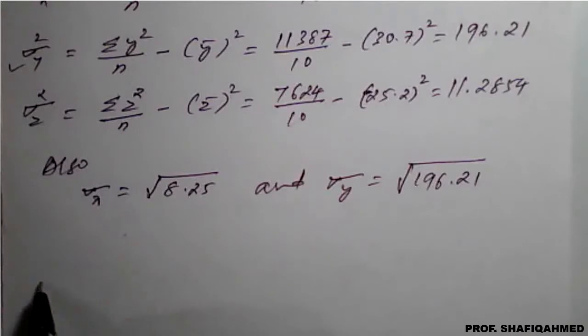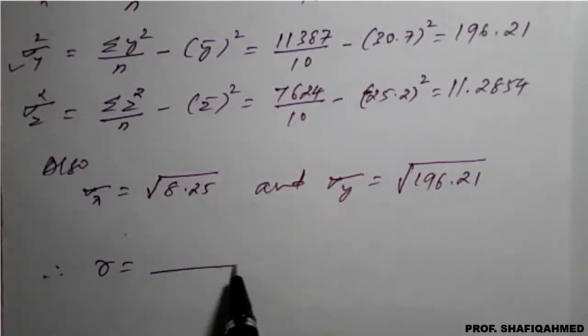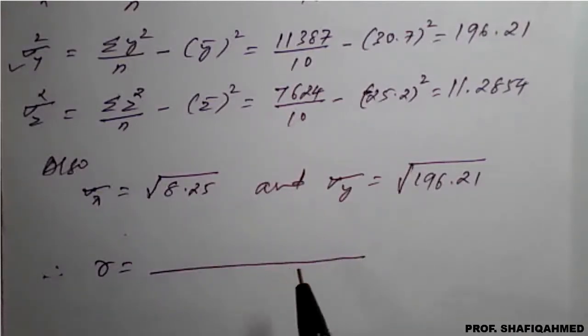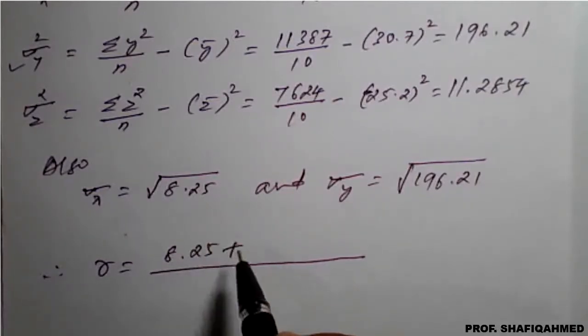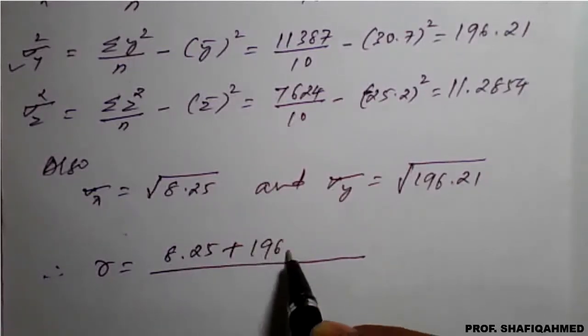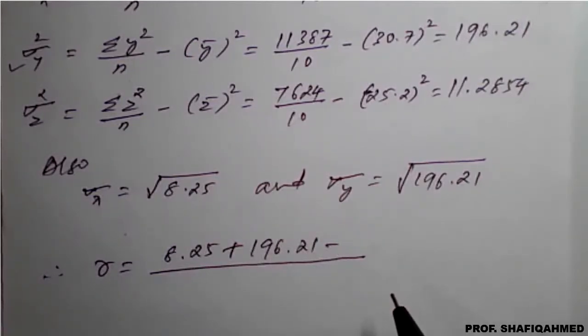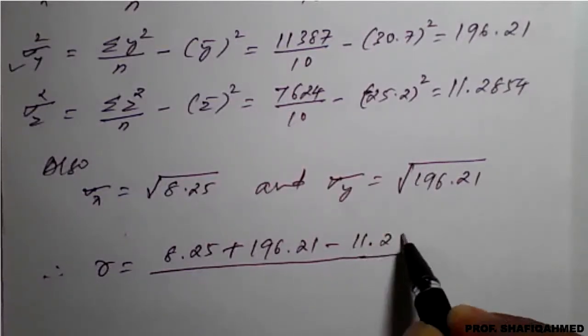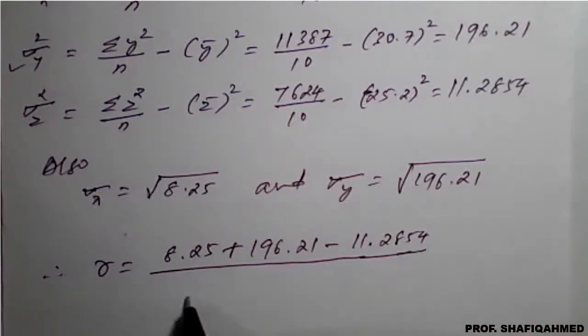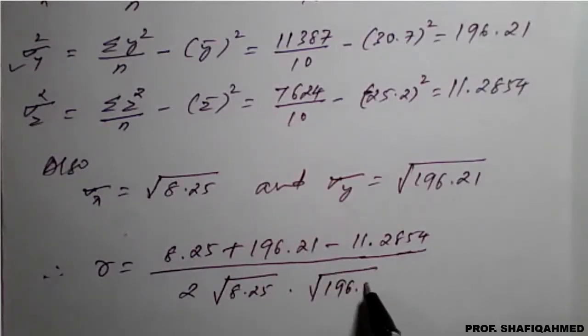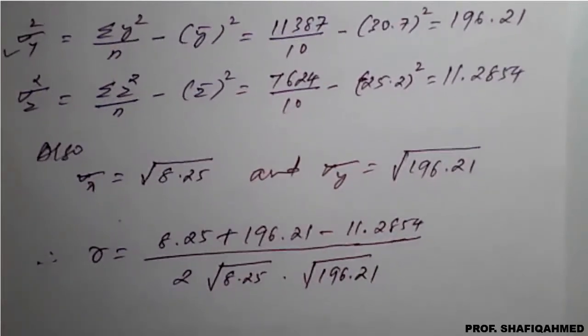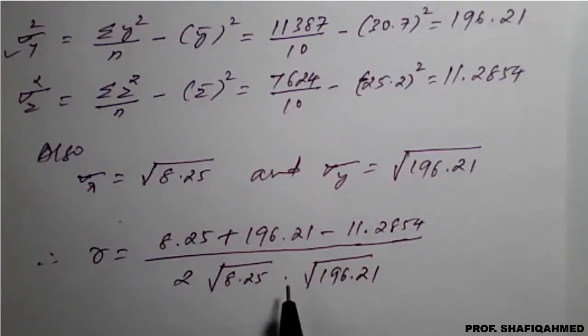So therefore r is equal to, standard deviation of x square, the value is 8.25 plus 196.21 minus standard deviation of z square, we got 11.2854, divided by 2 into square root of 8.25 into square root of 196.21. From the calculator the solution of this is,